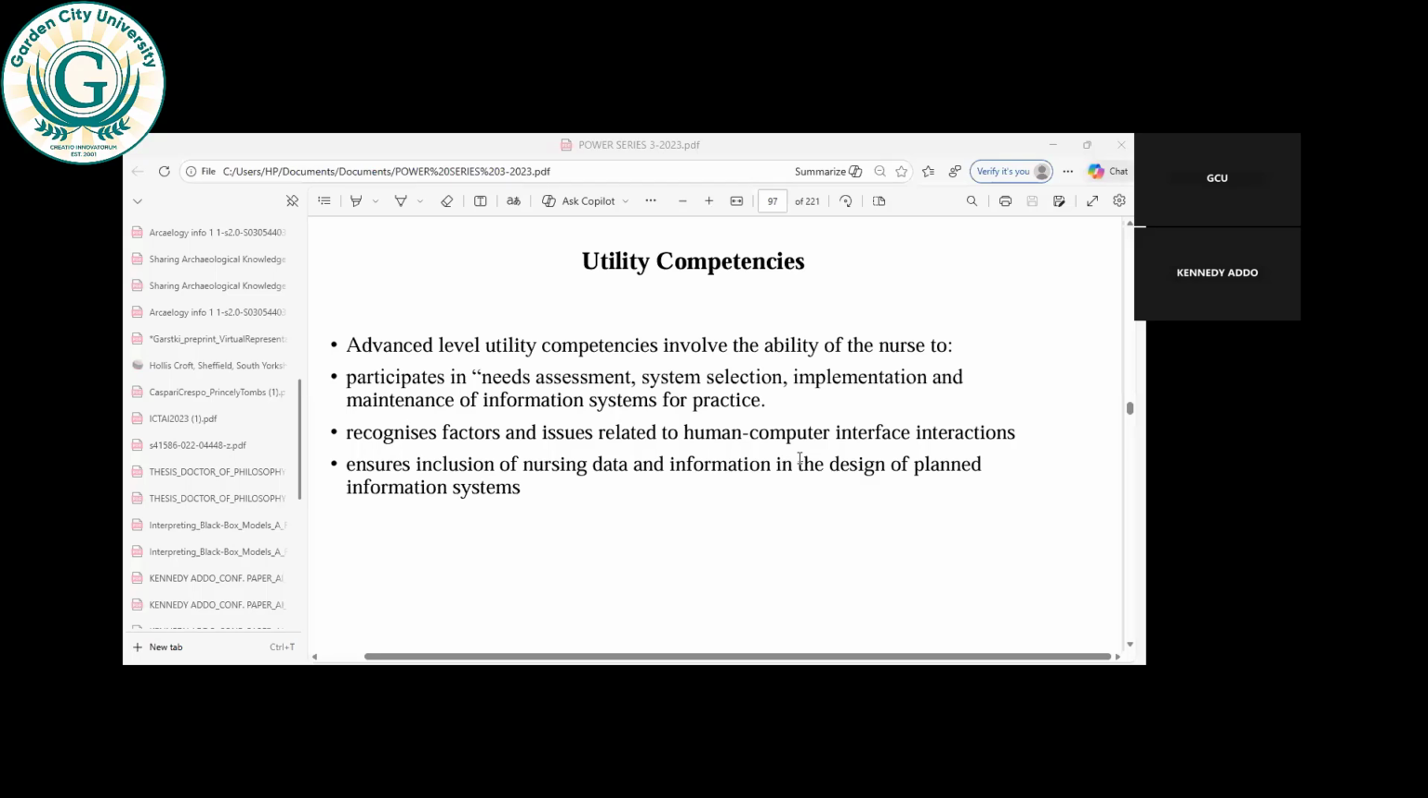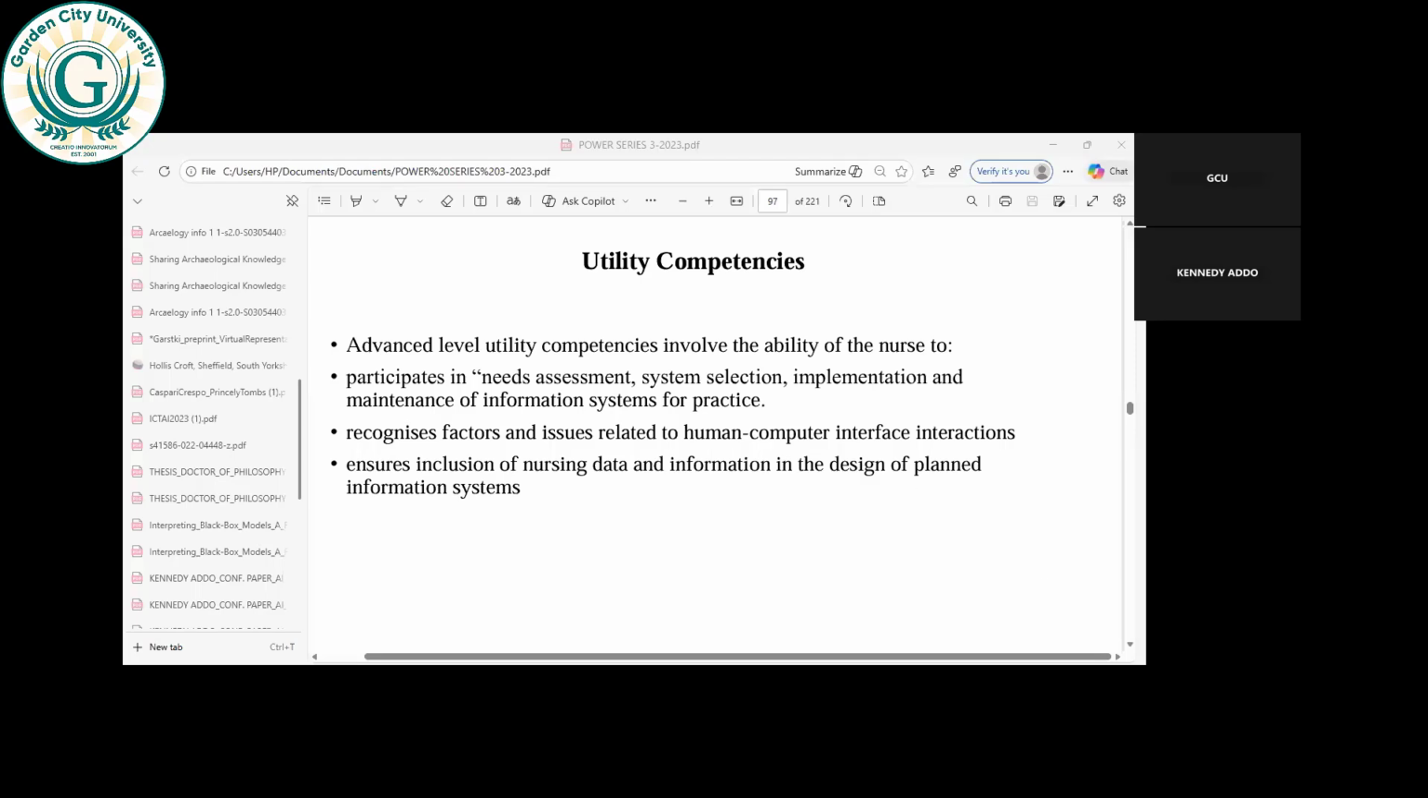We also ensure inclusion of nursing data and information in the design of planning information systems. So once you are making the transition from the paper-based system to computerization, you should be able to support the inclusion of nursing data to effect computerization. And then as you also move forward, whether it requires new addition of some medical diagnosis or other relevant nursing information,